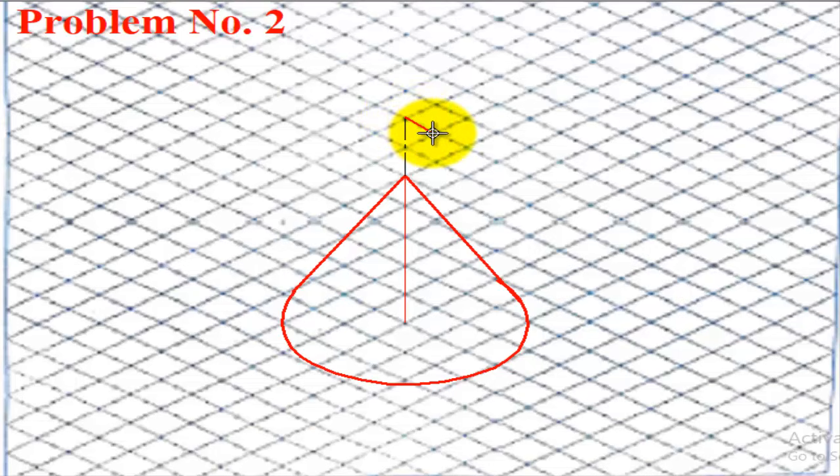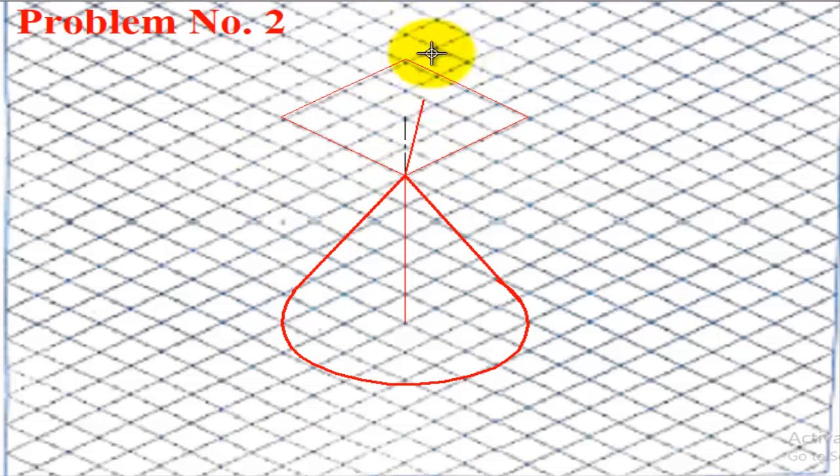40 means two boxes we have to take, 1 and 2, and the same way on this side also 1 and 2. In total it will become 40. The same way here also 1 and 2, and from here 1 and 2. Like this we take the midpoints, and then extend them further, 1 and 2, 1 and 2, to get one more frame. So this is the frame for the hemisphere's circular portion. Then you can delete all these midpoints, and now as usual we know the technique.